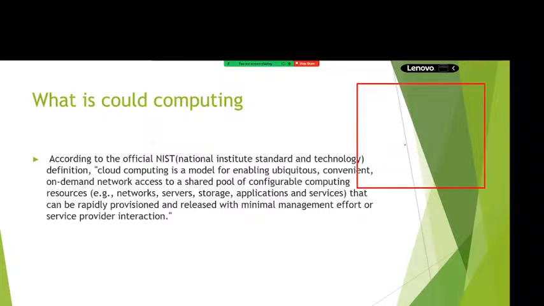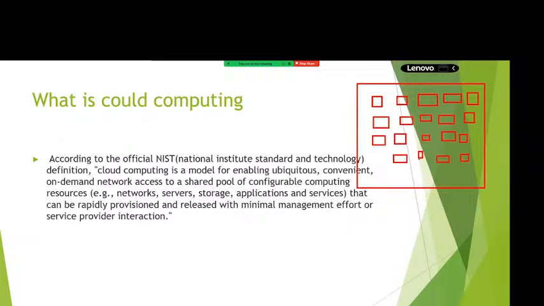Assume that in the cloud they have deployed all the services required for an enterprise environment. All the services are in a single place. As per your requirement, just access and consume them. That's it. What is the cloud? I am repeating: cloud is nothing but a collection of remote services accessed over the internet, which is called cloud computing.